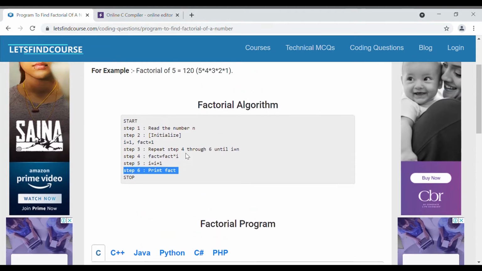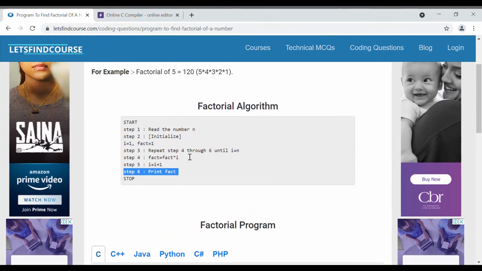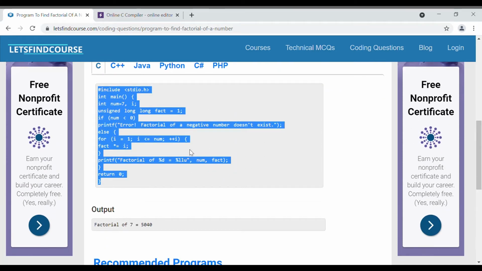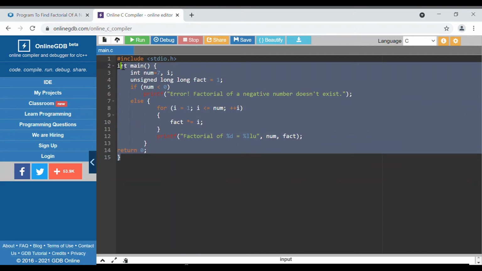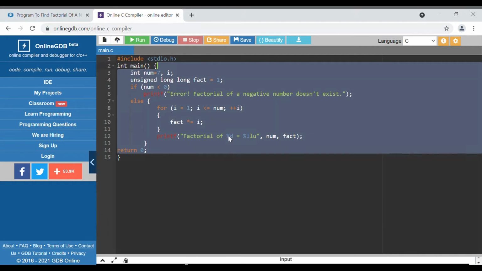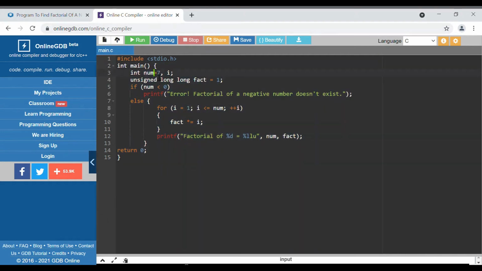So basically I hope you will understand it in a much better sense using code. So I am going to copy this code and explain it to you in the online compiler. So here is our code. Here I am going to explain a C code. You can see we have used a header file, stdio.h, then it is our program, and we have defined one variable num for which we have to find the factorial. We are going to find the factorial of 7. I have defined it statically. You can also take input from the user using scanf.